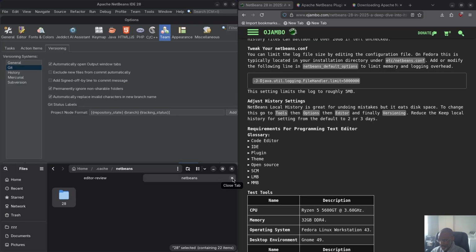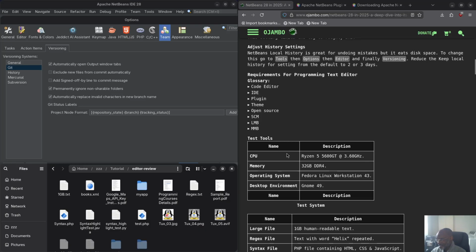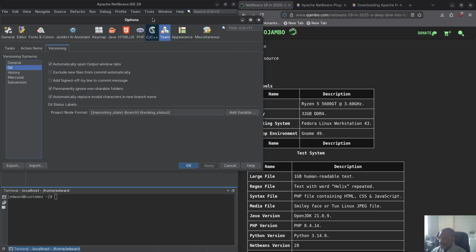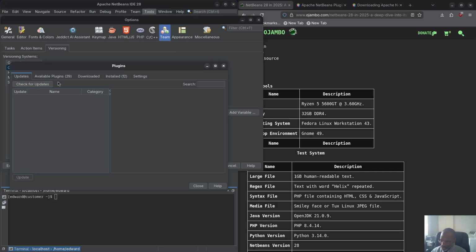Yeah, so that's annoying. That's one of those annoying things about using this classic type IDE. So that's one way to recover a lot of space. And you saw there it says 60 gigs free. So that's fantastic, because I was running low, and I'm sure you guys have seen sometimes when I run some AI stuff, I run out of space too. So there we go. Now, for this plugin, if we go to tools, we go to plugins,